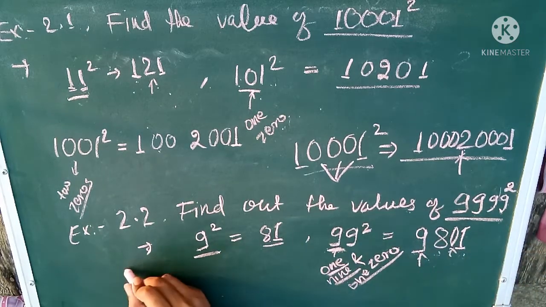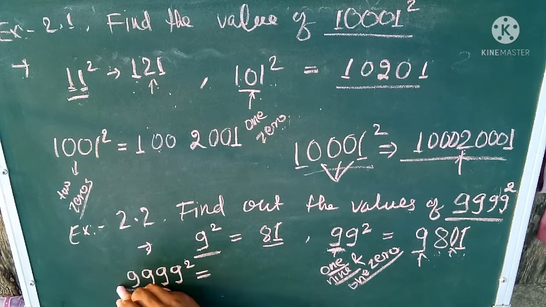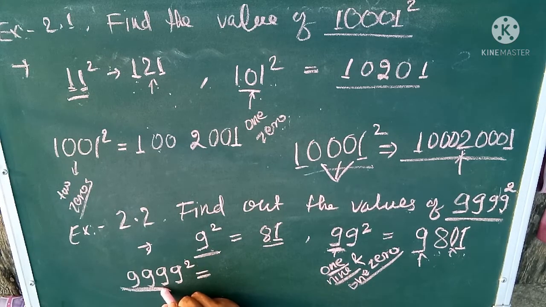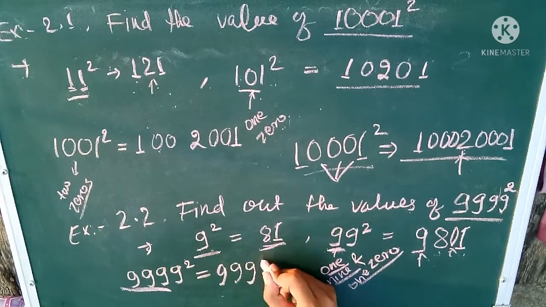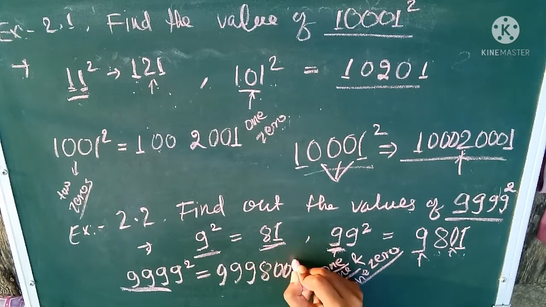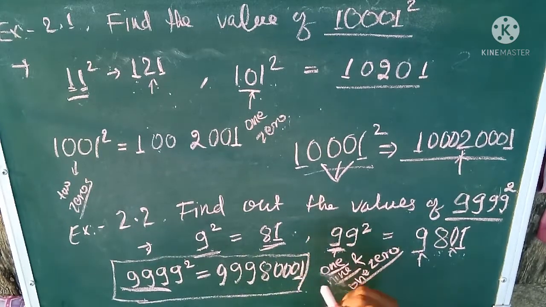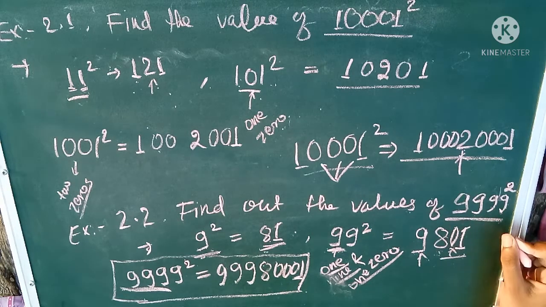So how do we find the square of this 4 times 9? Here we have 3 more 9s compared to 9 square. So for 3 more 9s, we need to add 3 nines and 3 zeros in this 81. So 9s we will add in front of 8, and the zeros will be there in between 8 and 1. So this is the answer of this question. While observing all the patterns, we can understand and easily remember how to find out the square of such kind of numbers. The next example we have is example 2.3.